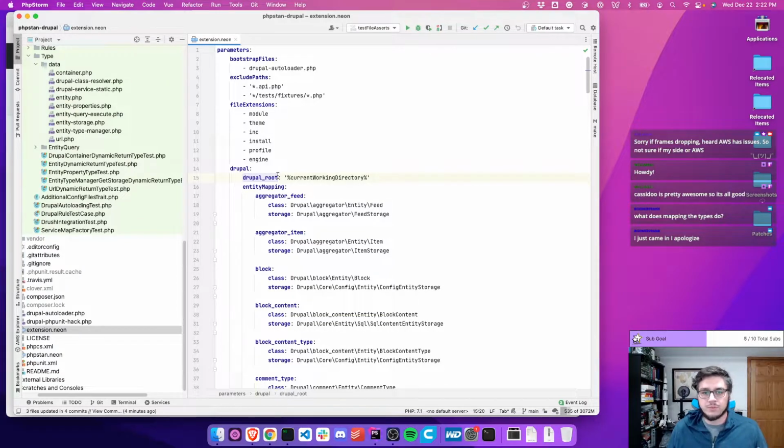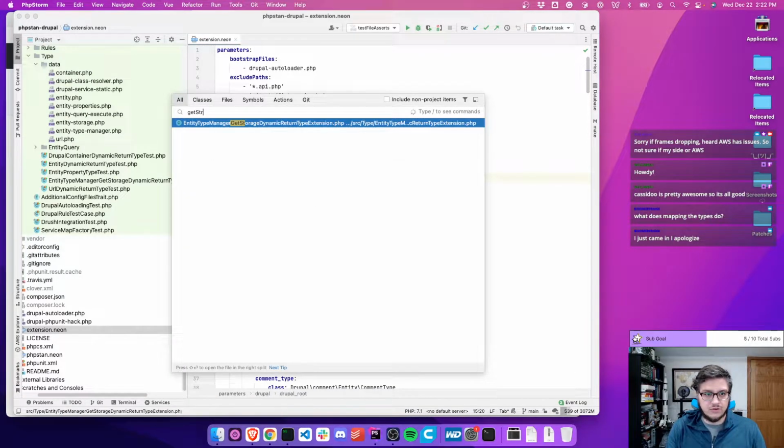So when you have a Drupal site, entity types are plugins, and plugins are only aware when Drupal's bootstrapped and it can discover those plugins. Now, when you're working with your code, that's at runtime and Drupal knows how it all works. The problem when we're doing static analysis is we see Drupal entity type manager get storage, and all we know